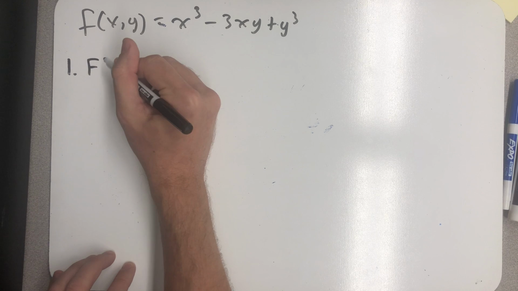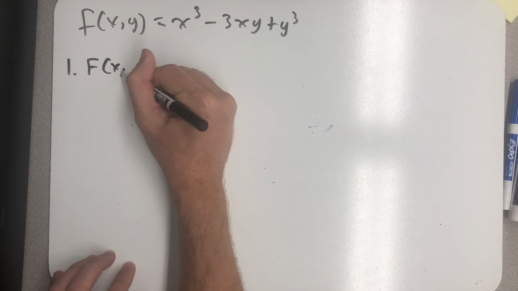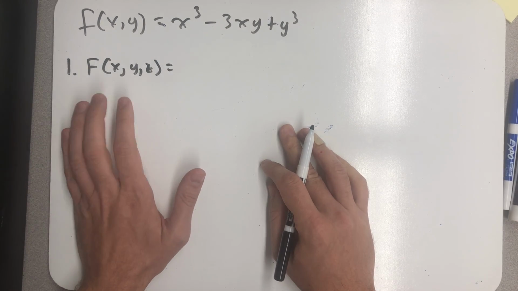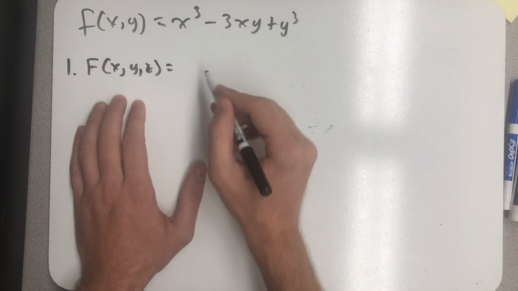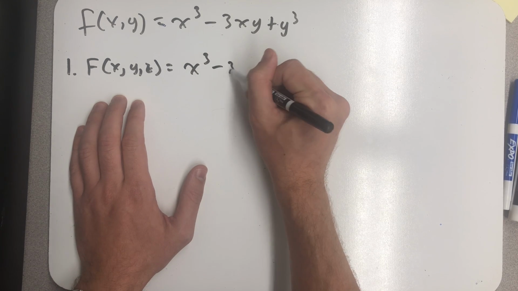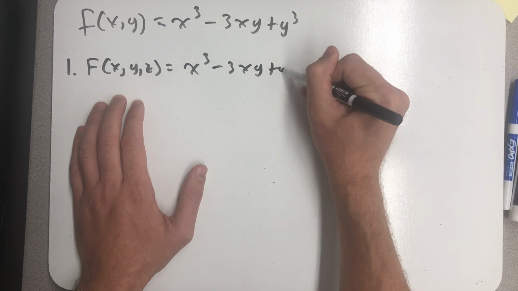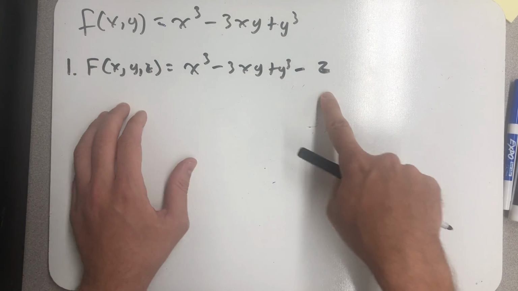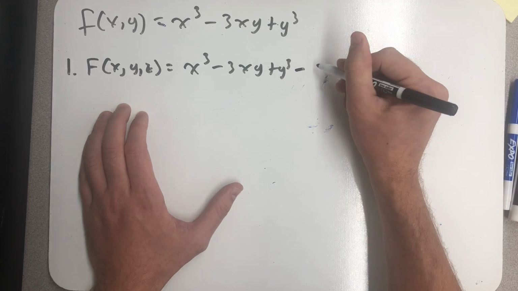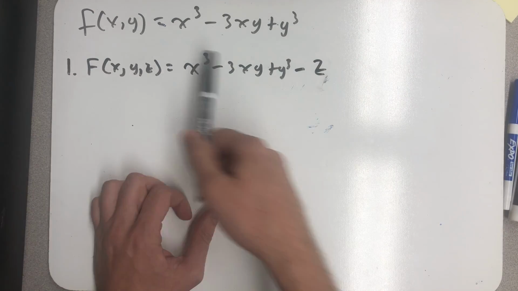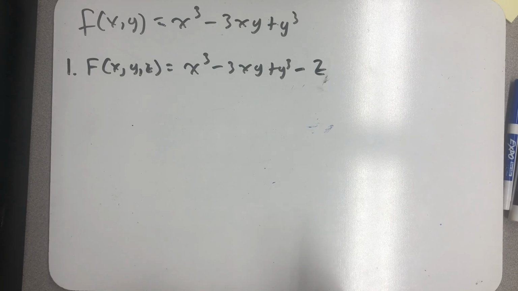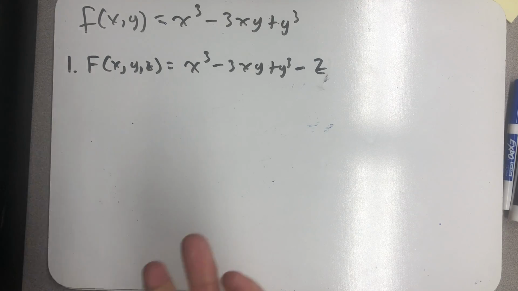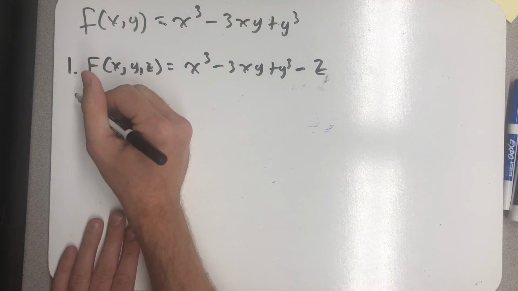Well, I'm going to start by reimagining the surface I'm talking about as a level surface to a function on 3 variables. So I'm going to imagine that this is a z and subtract it to the other side. So this would be what I would get. I'd get 0 equals this function on 3 variables. So the surface I'm dealing with here is the level surface to this function at w equals 0, setting this equation equal to 0. I know that a tangent plane is always normal to a level curve, so I can